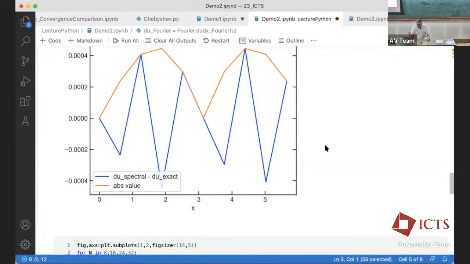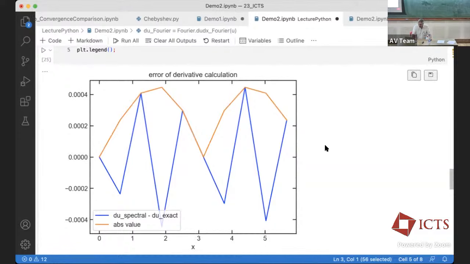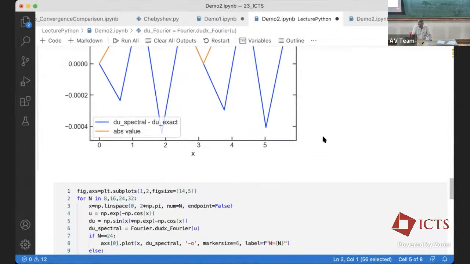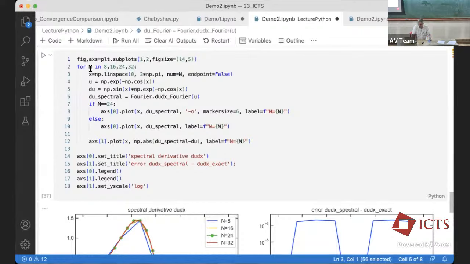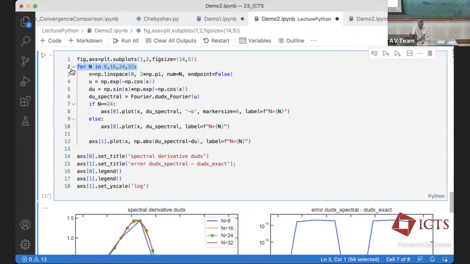Okay, so you ask, hopefully you ask, because you should be asking, what happens if you change n, the number of grid points? Once you begin changing n, this type of calculation, the type of Python snippets, gets a little bit more complicated. Here's a loop over different n's. I'm setting up a grid with n points, and I'm computing every time anew my 2 analytic functions, as well as playing the Fourier spectral game of computing the derivative with Fourier spectral methods. And all the rest here is plotting.